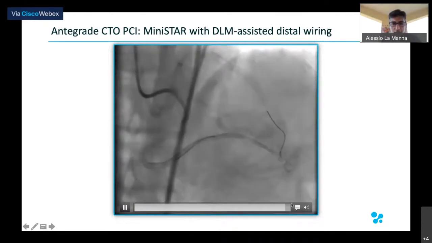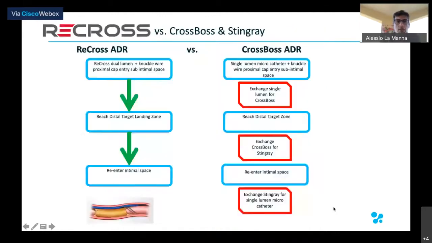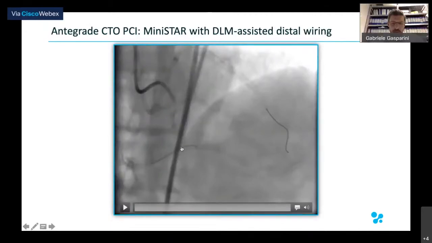Any comment from you, Roberto, Gabriele, about that, this kind of technique, before moving to other kinds of techniques? Yeah, I think this is an example that this kind of device, the dual lumen microcatheter, could be useful not only in CTO PCI, but also in standard PCI, because in this case you performed a star technique because it was in